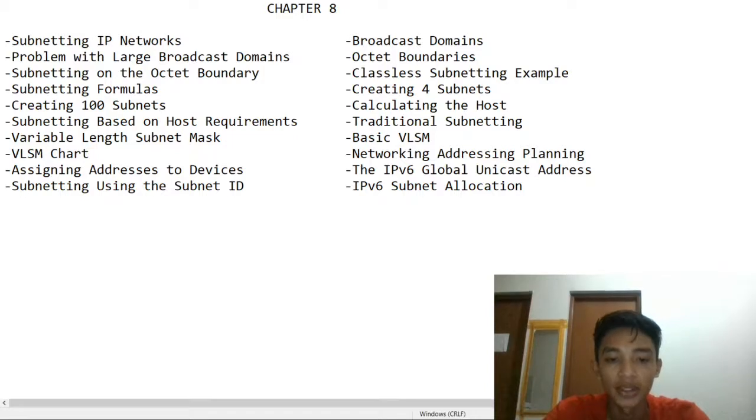For the IPv6 global unicast address, subnetting requires a different approach. The same reasons for subnetting IPv4 address space in order to manage network traffic also apply to IPv6. So, subnetting using the subnet ID. The 16-bit subnet ID section of the IPv6 global unicast address can be used by any organization to create internal subnets. The subnet ID provides more than enough subnets, and host support will never be needed in one